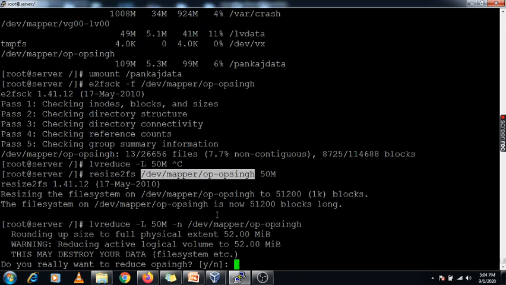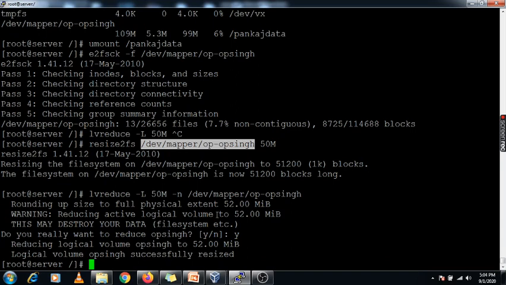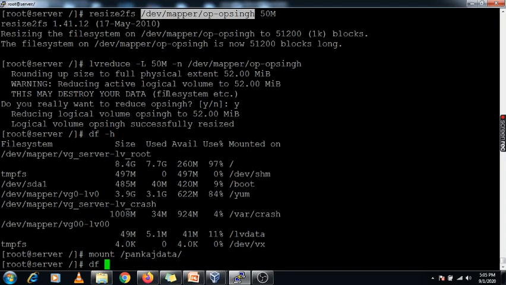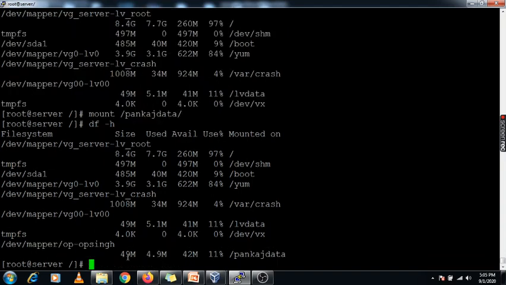It's asking, do you really want to reduce this file system? Yes. Yeah, it's successfully resized. Now I am checking with df space hyphen h. This file system is unmounted, that's why it is not reflected, so we need to mount it. Yeah, this file system is now 49 MB in size.